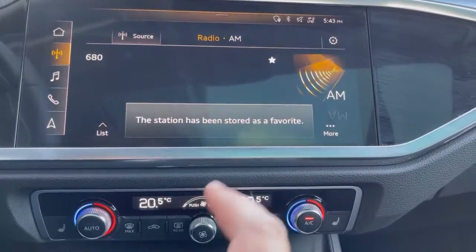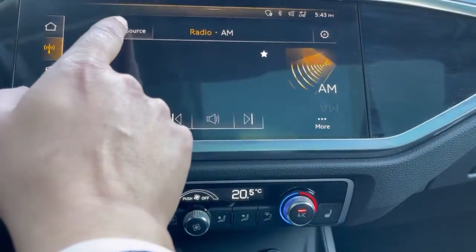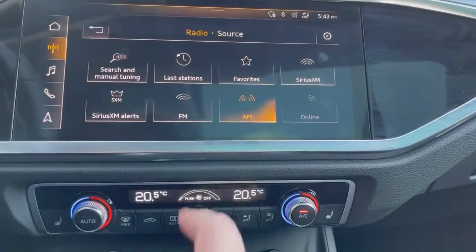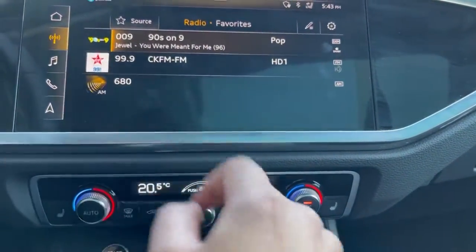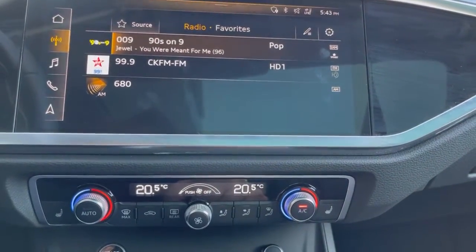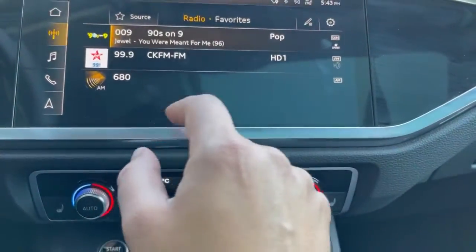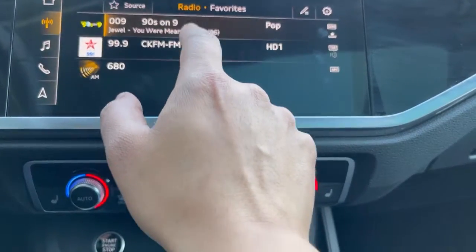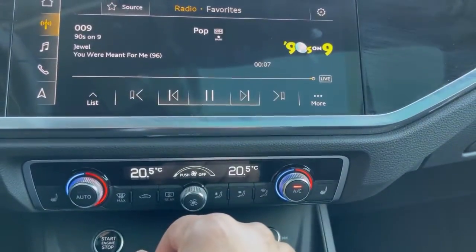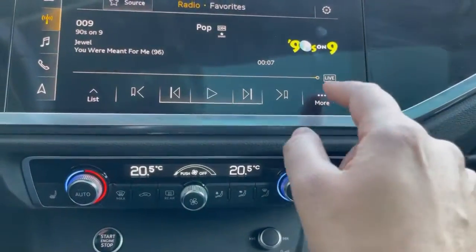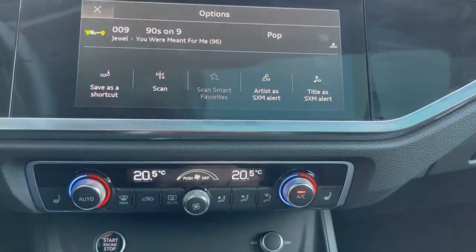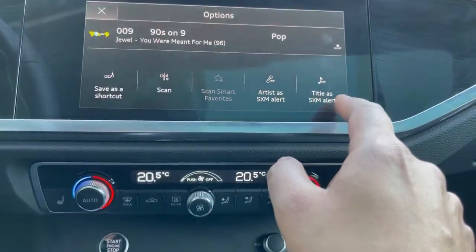Now we have a few presets already stored, so we want to go into source and look at favorites. Click on favorites, and now those three that we stored are in there. All right, now let's say we want to go back. We'll go back in here, and we can always click more. Let's turn that off. More, and we can see title as